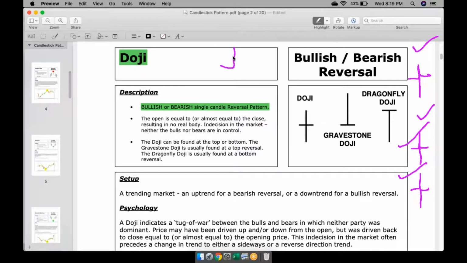Opened, went high till here, came down till here, closed here. This is not a near doji. This is not a doji at all. This will not come into any candlestick pattern. Okay. So next,